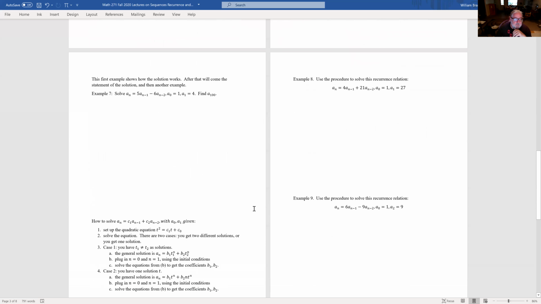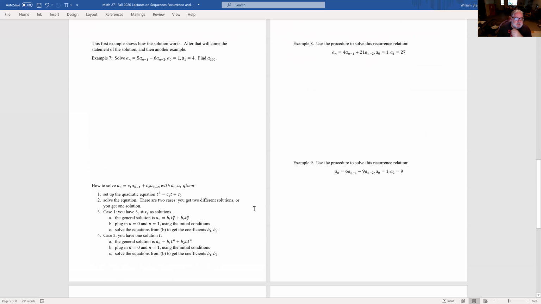Okay, so here's an example that'll show us how to solve these sorts of things, and then I'll state what the procedure is and do a couple of examples. So how do I want to solve this? Note from example 2,